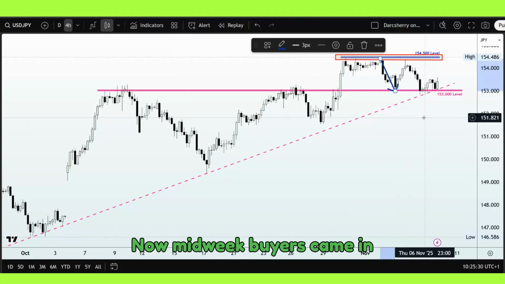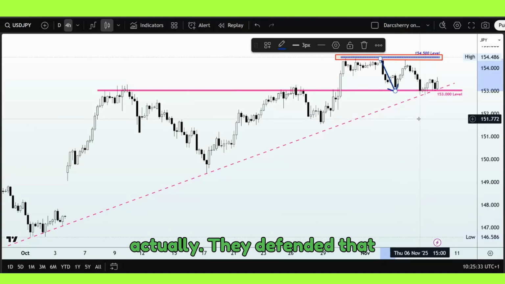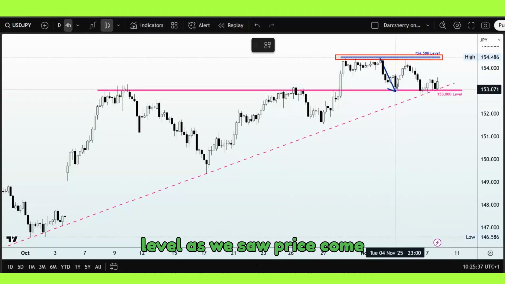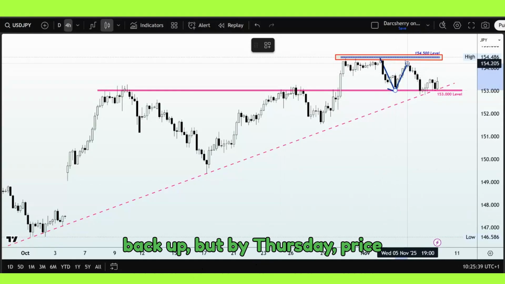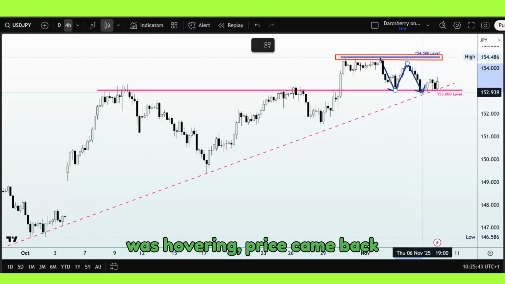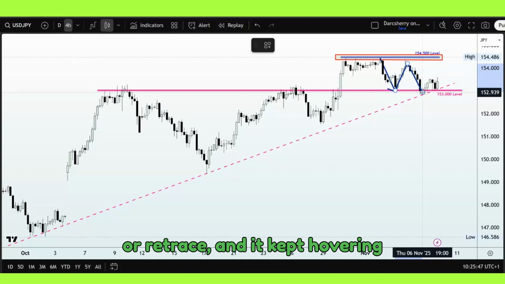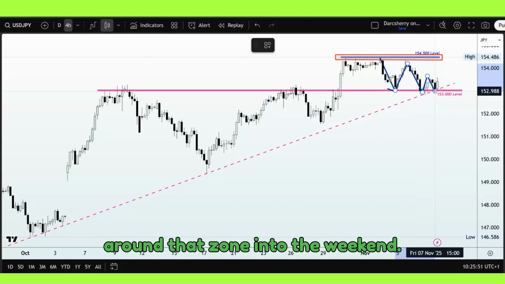153.00 area. Now, midweek, buyers came in actually. They defended at that level as you saw price come back up. But by Thursday, price was hovering. Price came back again, unsure whether to break higher or retrace, and it kept hovering around that zone into the